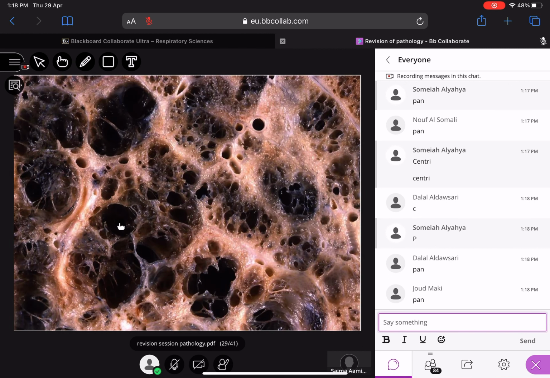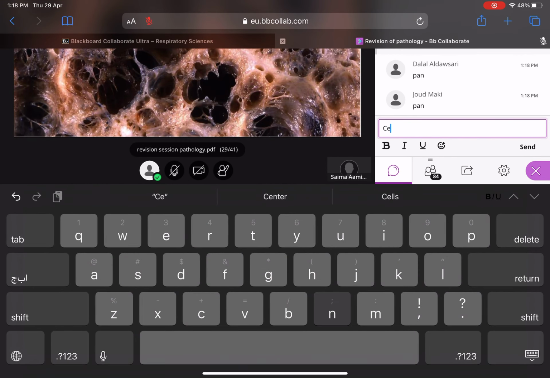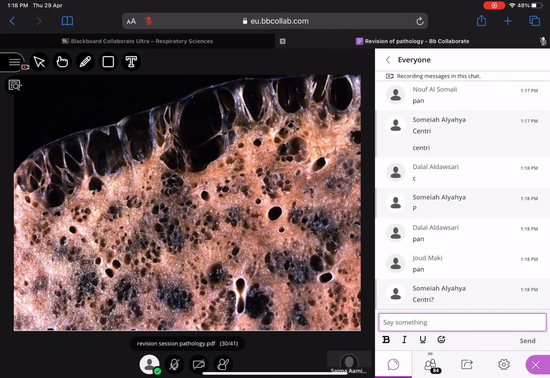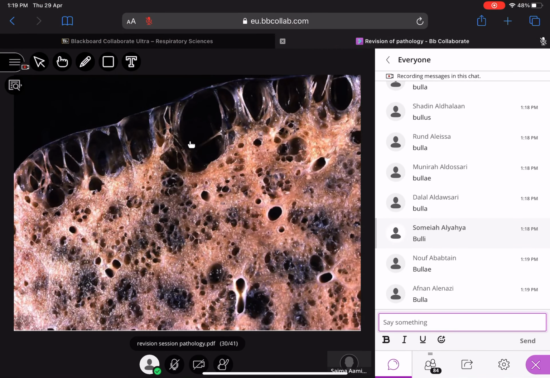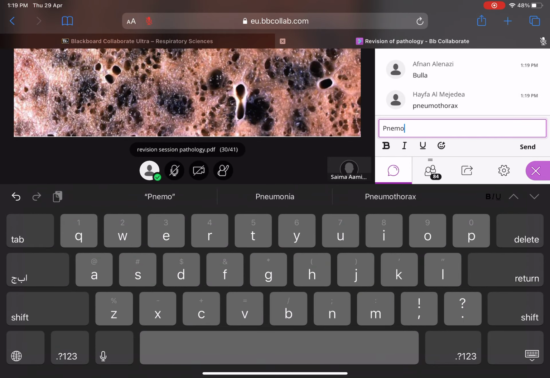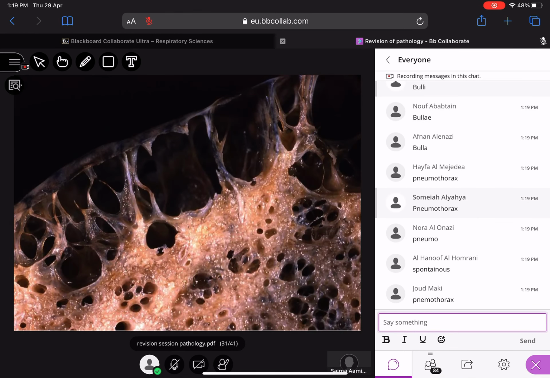Okay, here again emphysema, where you see a zoomed up view of distended air spaces with some lung parenchyma in between being normal. This is centriacinar most likely. What is being formed here? What is this structure? Bulla, exactly. This is emphysema with bullous formation. And what is the risk with these bullae? Look at their walls. Yes, pneumothorax. The wall is very, very thin, so they can rupture and lead to pneumothorax.